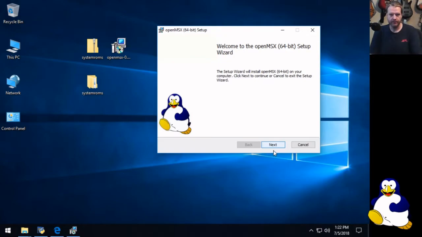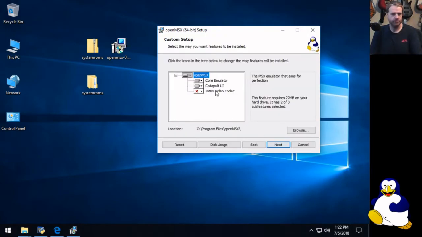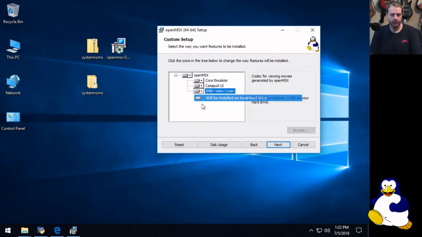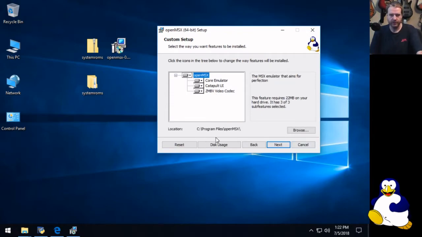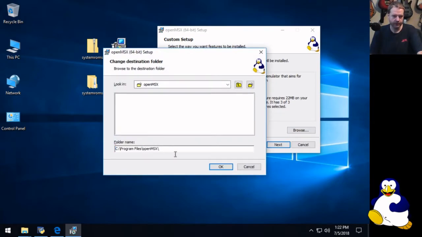So anyway, we push next, we select our codec here, and this is to play back the movies created by openMSX. So here we have the core emulation, which is openMSX. Here's the Catapult user interface and ZMBV. So standard location is in program files openMSX. What I like to do is I like to put that in the root of your C drive